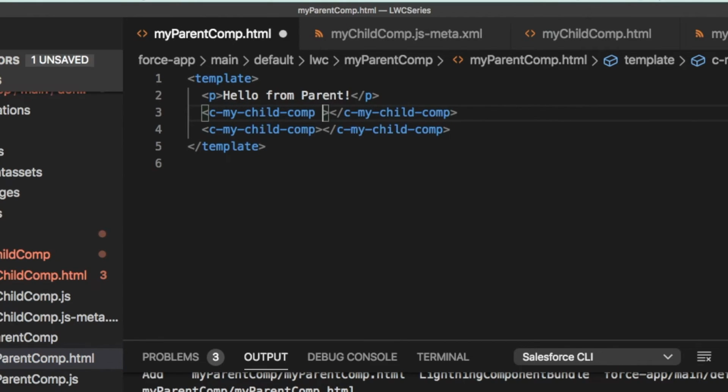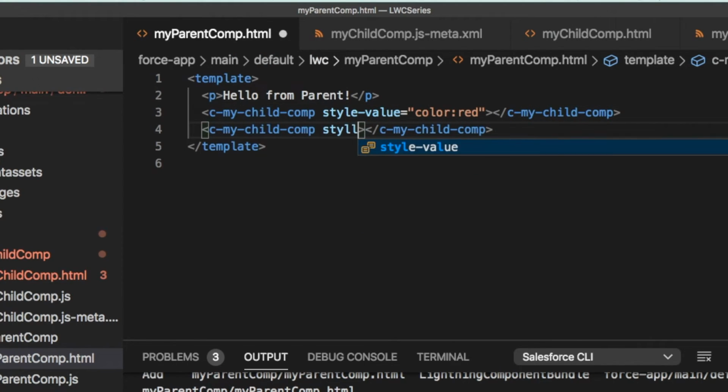So in the first reference, let me provide style value is set to color colon red. And similarly, let me provide an attribute for the second child reference with style value color colon blue and just